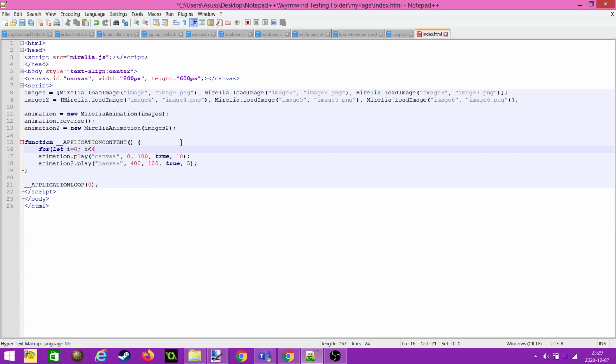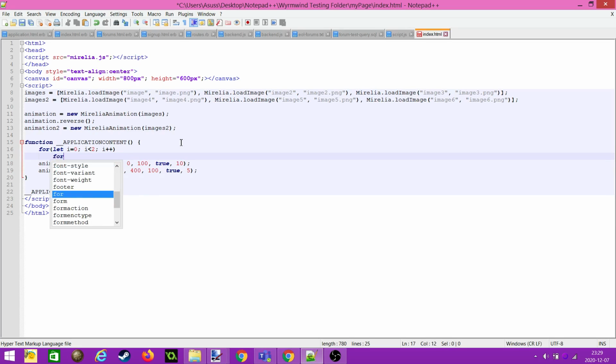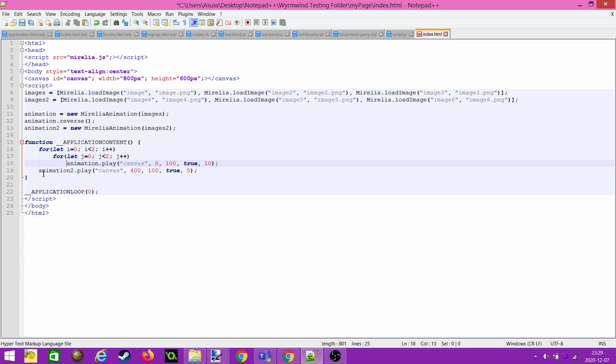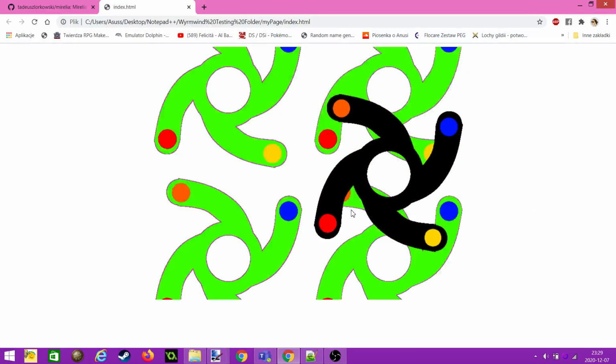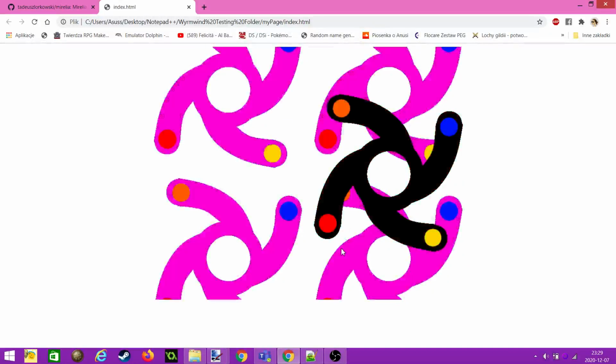Let's say i less than 2, i++, again for let j equals 0, j lower than 2, j++. This time we would want to play our animation at i times 400, j equals 400 minus 100. Fair enough, it works with for loops too, but as you can see, it's just